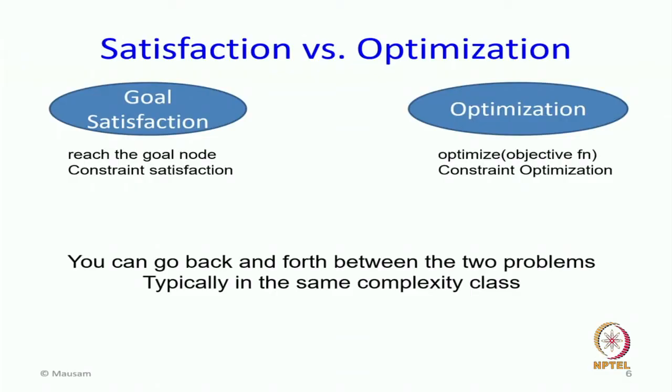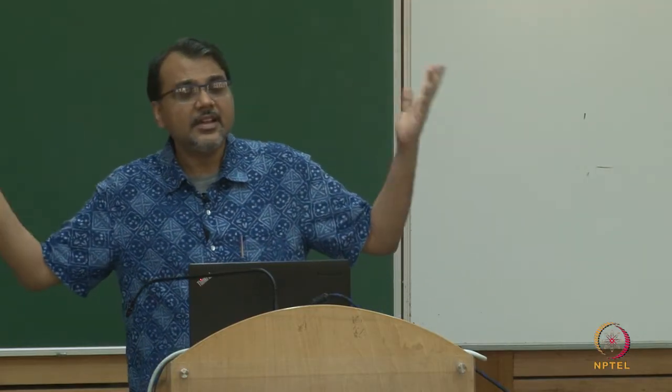If I get a solution, repeat with objective function greater than equal to C prime, which is greater than C, and do some search in the constraint setting and try to solve several satisfaction problems leading to the answer to the optimization problem with arbitrary closeness. You can do that. And in theory, what people have found is that most optimization problems, when converted to satisfaction problems, are in the same complexity class. So, really we can assume that satisfaction problems and optimization problems are not very different from each other, they are sort of equally difficult or equally easy more often than not.